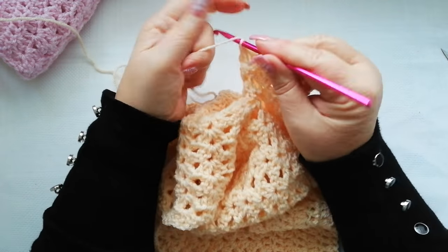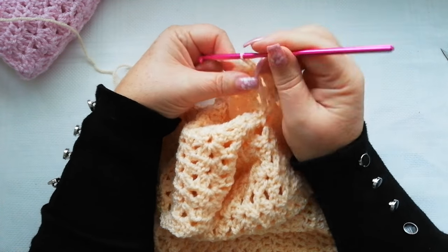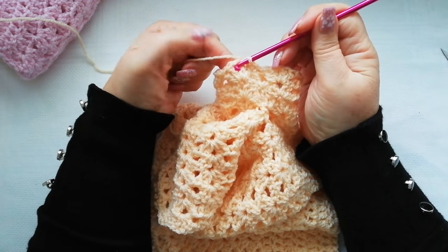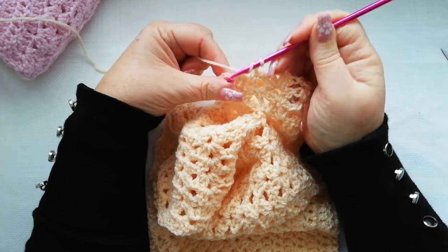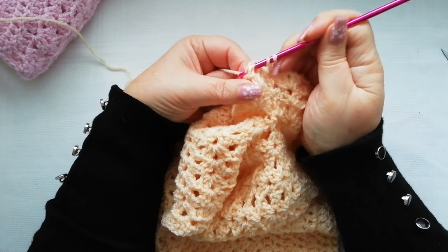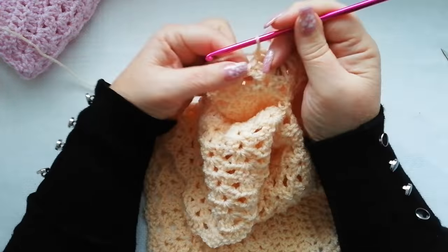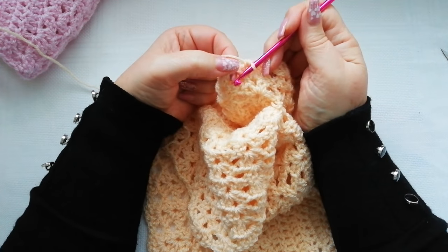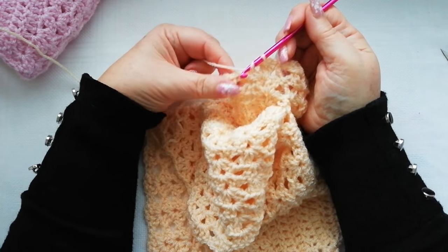So the next row, which is the last row, we're going to work 2 chain, and then into the chain space of the shell we're going to work a half double. So it's yarn over, into the shell, pick up a loop, yarn over and pull through 3. We're now not going to skip this space, we're going to do a half double in the space between the 2 shells,